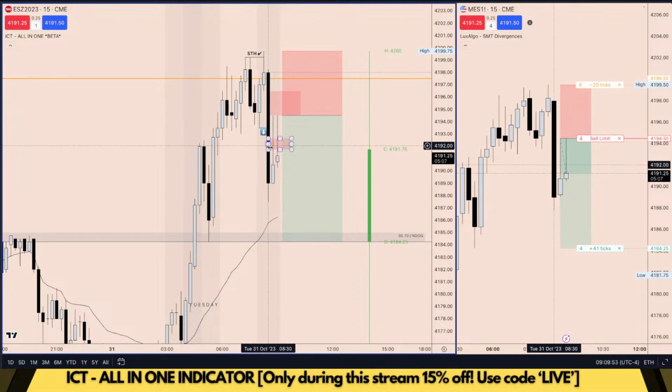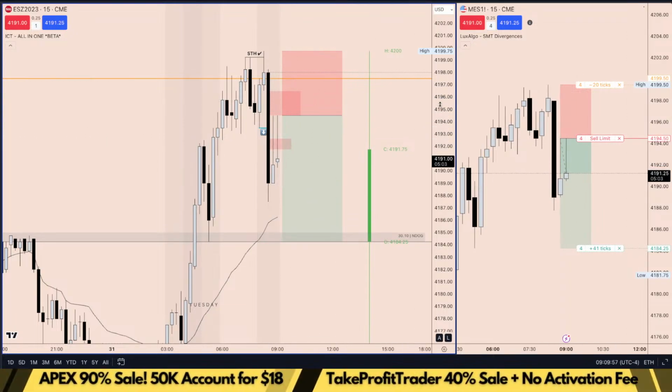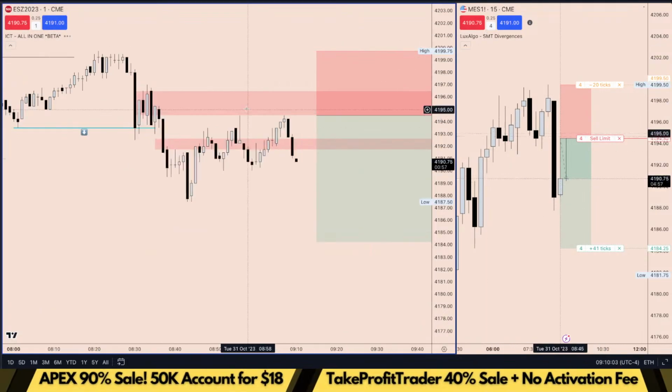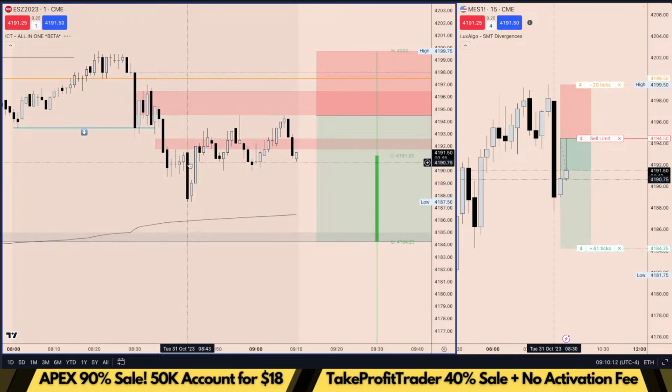So we get rejected once again here. It's 9 a.m., 15-minute candles about to close on 5. I'm going to look at the 5-minute time frame here. Let's also take a look at the 1-minute time frame. Now we have equal highs and equal lows. We had this displacement lower right here, but immediately engulfed this bearish candle, which for me,